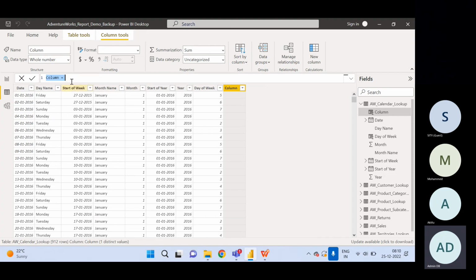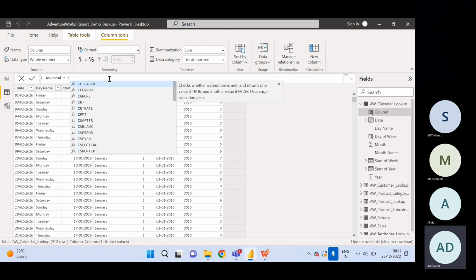So in case you want to create something called weekend, you want to tag the row which is Saturday as weekend and Sunday as weekend and the rest of the days as, let's say, weekday, right? So what we will do, I will create one calculated column and the name of that column is weekend. And what I will do, I will use IF,